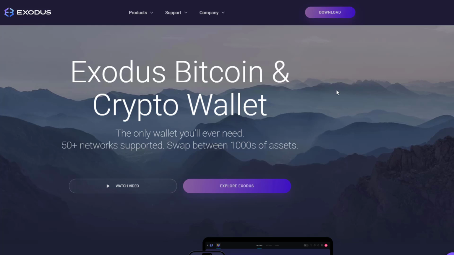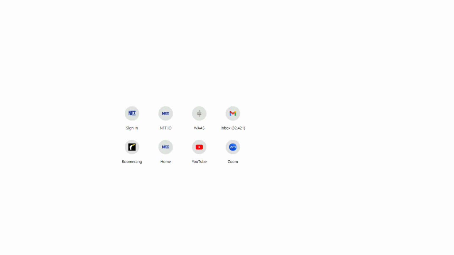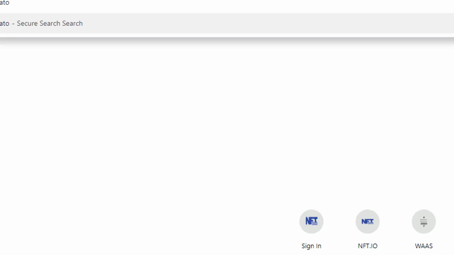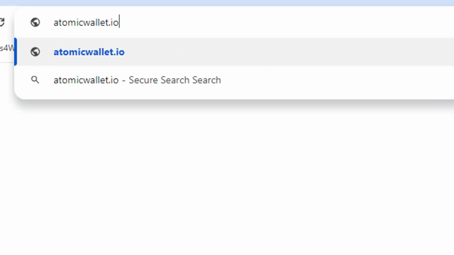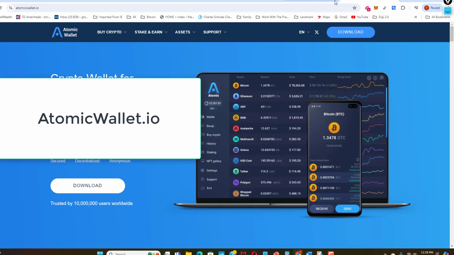Another platform that you could also use, which is what I'm actually going to use in today's training, is Atomic Wallet. It works a lot like Exodus, and it is atomicwallet.io.